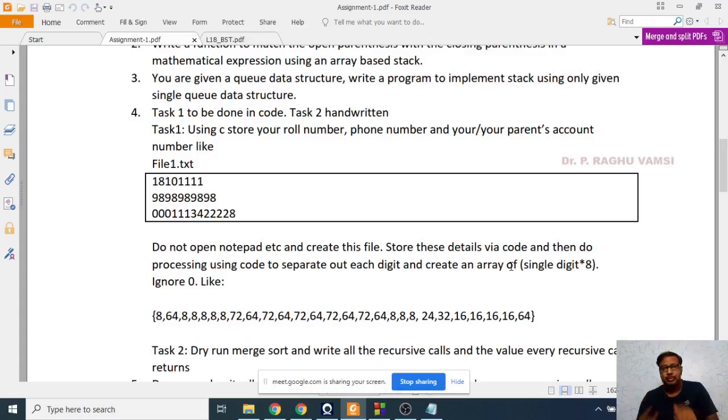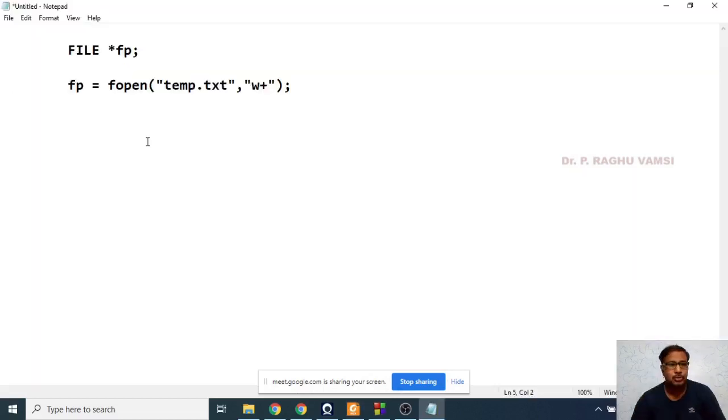Please remember, once the input is stored, you are supposed to close the file, then only it will be stored. fclose of fp. Here, for reading the content, you say while ch not equal to some character like @, you read the character.